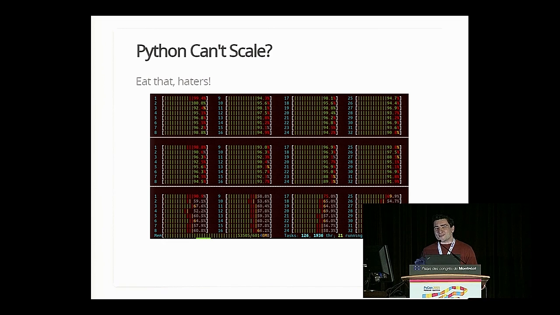And I do think there are some problems with the multi-core scaling story with Python, but I think that Storm actually provides a gateway to solving a lot of them in a really simple way. And so this is actually a screenshot from 3 of my 7 or 8 Storm worker nodes running on my real-time data stream. And as you can see, every core in htop is fully lit up as it's churning through billions of tuples of data, and all of this is running in pure, sweet CPython, right?